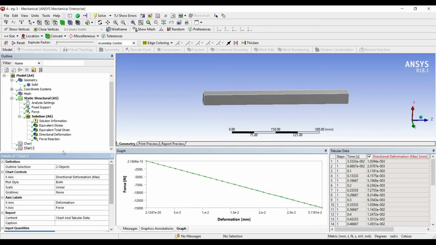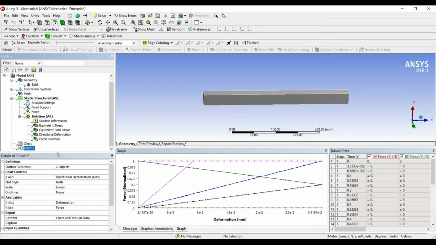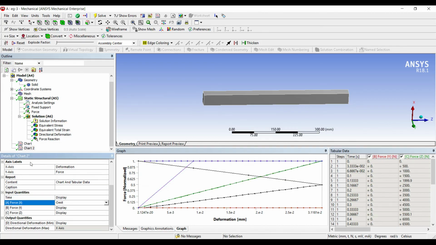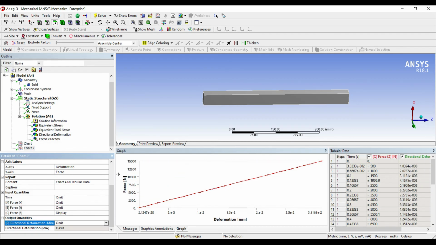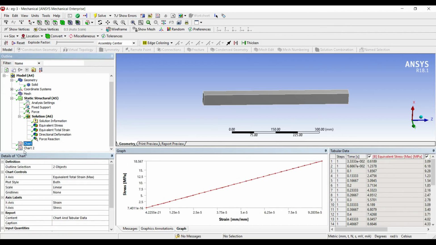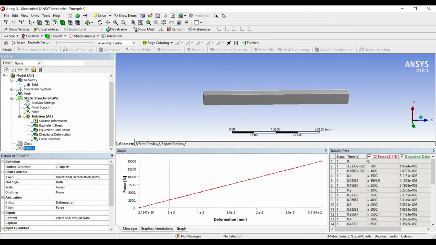Okay, the graph is in downward direction because I have used the force reaction. I'll just change this. So I have chosen the force and the displacement now. So this is the graph you'll get for force versus deformation. It is exactly the same graph as stress versus strain because it is all capturing the linear part of the problem. The non-linear part will not be captured in this problem.